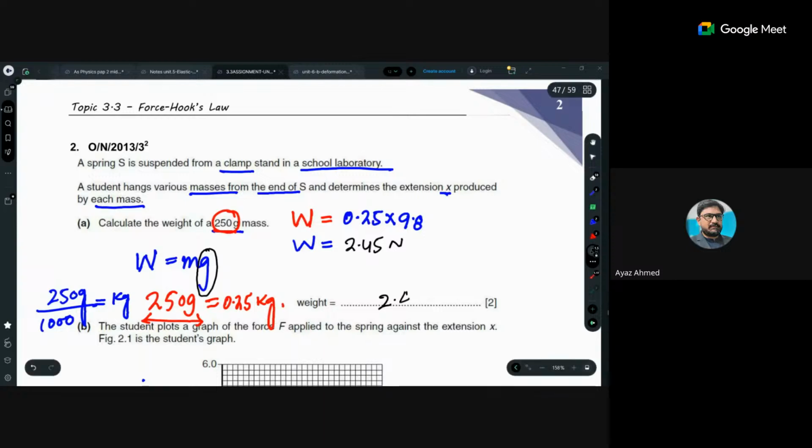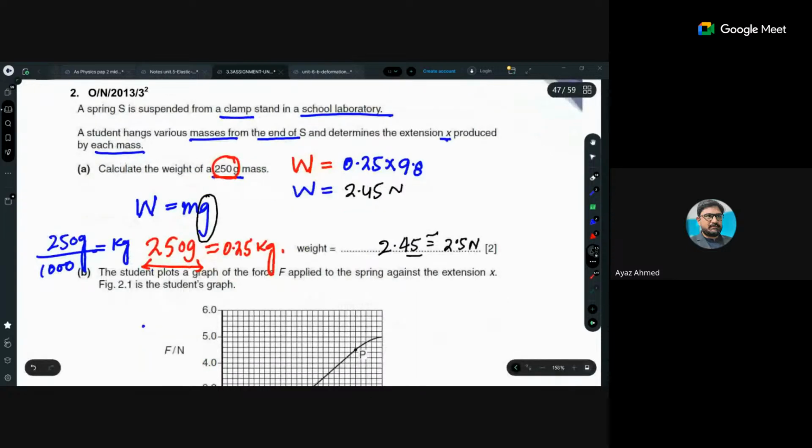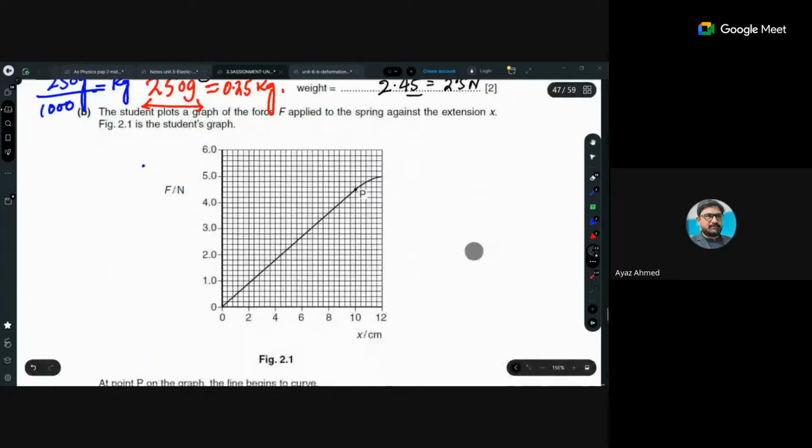So we can write 2.45 or we can also write 2.5, because the reading is not that exact, it is 250 grams. So it can be written as 2.5 Newton, no issue at all. Okay, but you have to write the unit as well. Without the unit, it will not work. You will not be able to get 2 marks. Okay, is this clear? Yes, sir. Very good. Well done. Next is